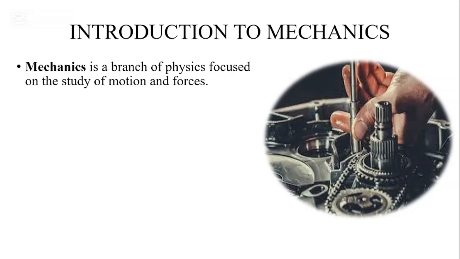So if you could see the picture here, it is just showing you what mechanics is about. You can see a sprocket, you can see an engine somewhere here, there is a chain, so there are a lot of forces being transferred here, right? Motion is also involved. Whilst something is driving the sprocket, the sprocket will be moving, and the chain will also be moving something else, right? So this motion and forces are involved.